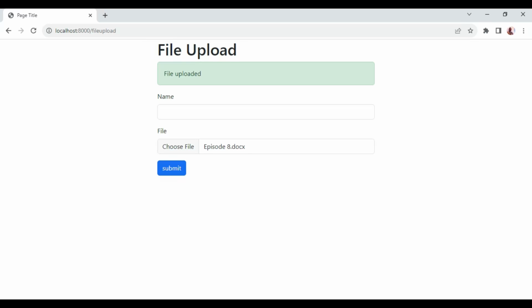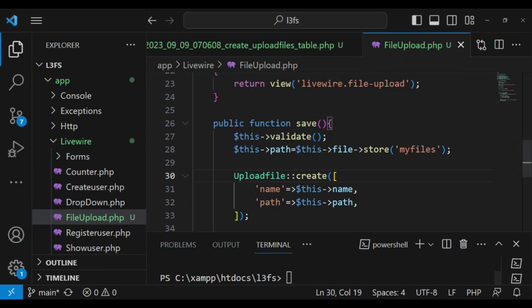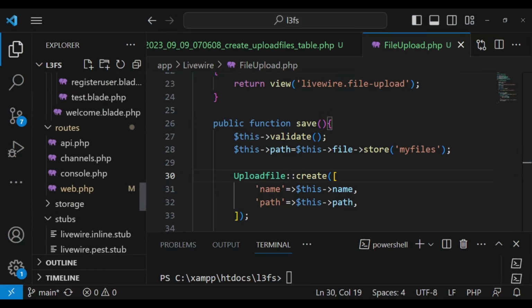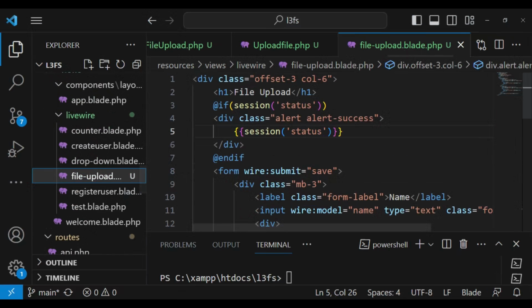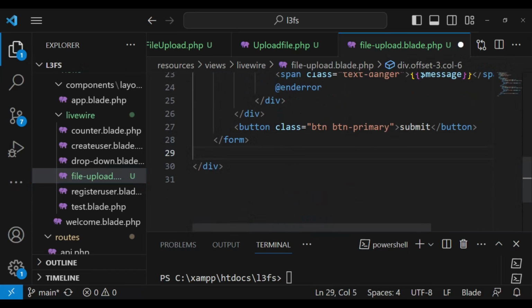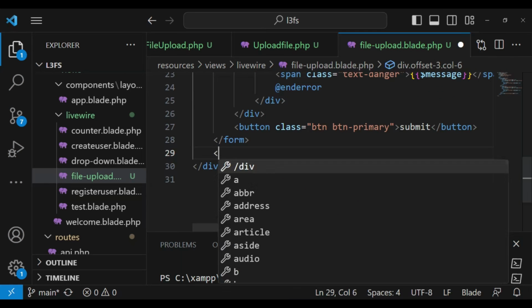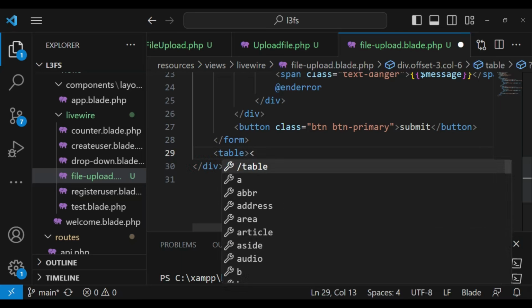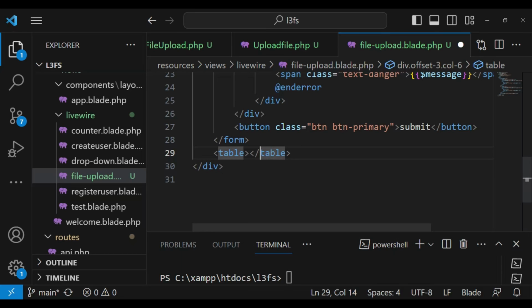I would like us to display the files that we have uploaded down here. So I'm going to create a table inside our Livewire view file upload. So here I would like, after the form, we can be able to have a table, and so here I can say table. We can close it. We can give the table a class of table,